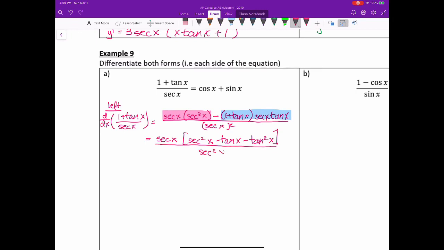secant squared x. Whoops, some auto here. Why did that triangle show up all of a sudden? Secant squared x, that's a little bit better. So a set of the secants can cancel out. Let's see what else I get. I get definitely secant squared x minus tangent squared x minus tangent of x over